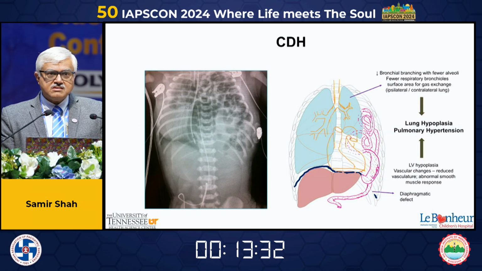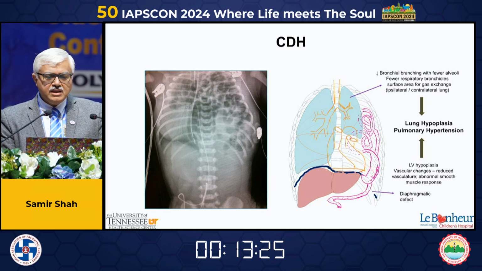This is what an X-ray actually looks like, but there is more than what meets the eye with the X-ray. As you can see, there is bronchial branching with fewer alveoli and fewer respiratory bronchioles in the